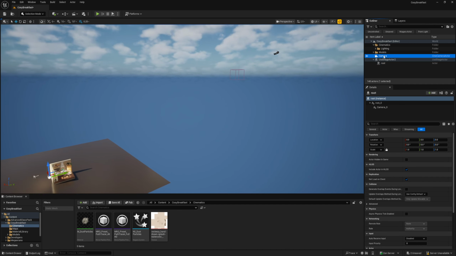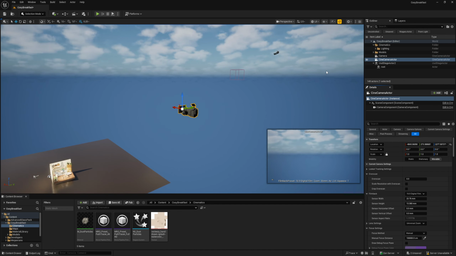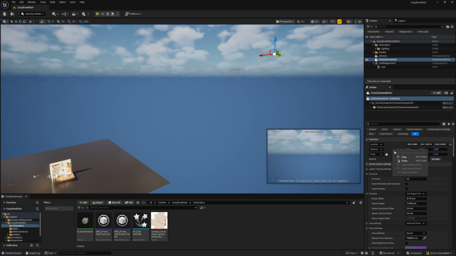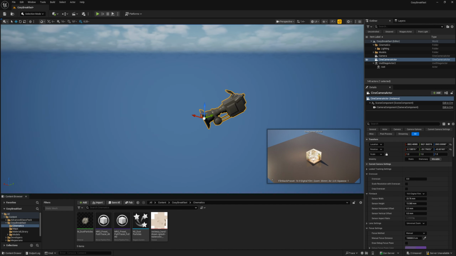So just make sure that you got the camera selected, and you can hold Control. You can right click to copy the 3 values, and then just create a new camera and hold Control here, right click and paste the values. Select the first camera again, hold Control, right click for the rotation, select the second camera and hold Control, right click and paste. So now both cameras are at the exact same position and are looking at the same place,